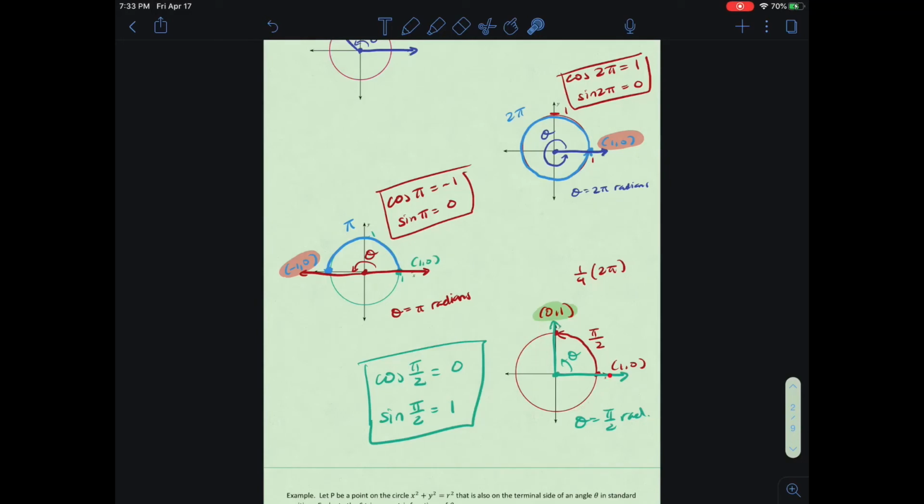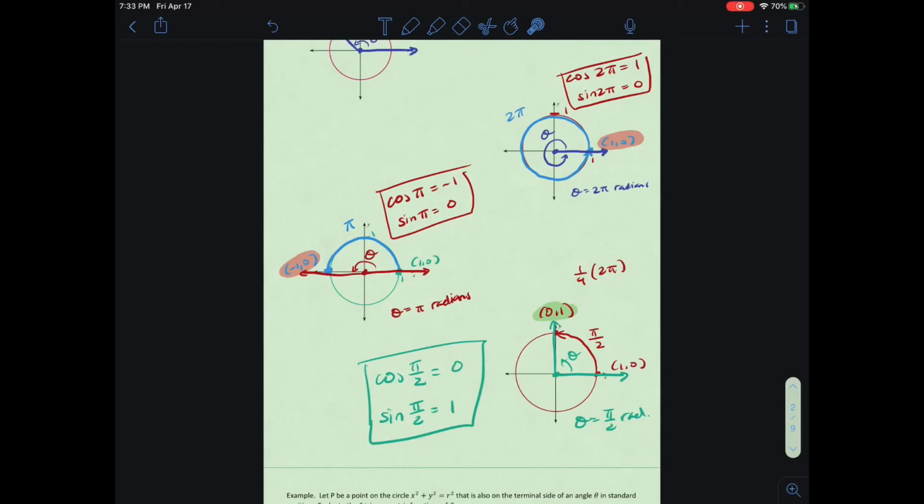And so this is just 2 pi, we're at 1 revolution. Pi radians is just traveling halfway around the unit circle, which is equivalent to 180 degrees. And pi over 2 would just be 1/4 of a unit circle, which is just 90 degrees. And so just understand that the distance that we travel around the unit circle corresponds to the angle in radians